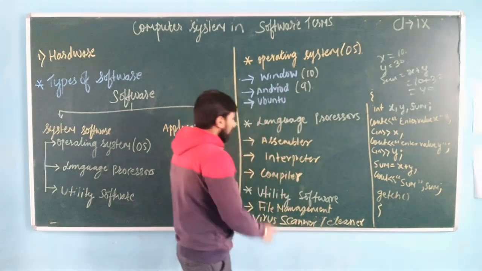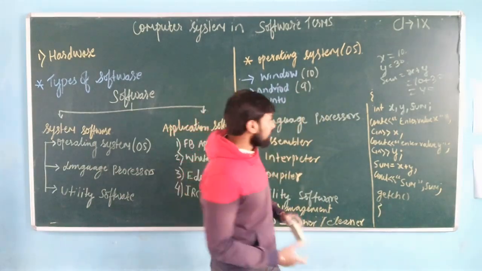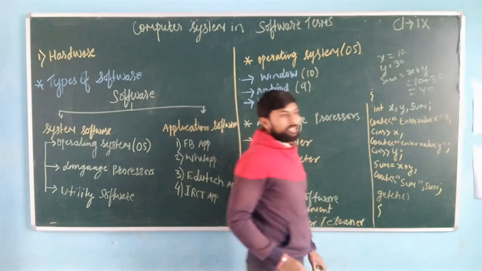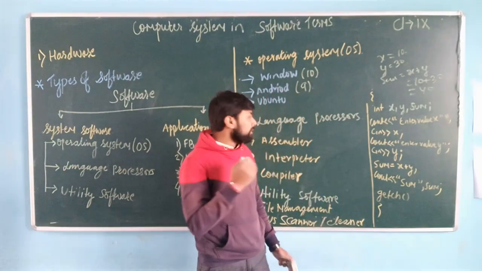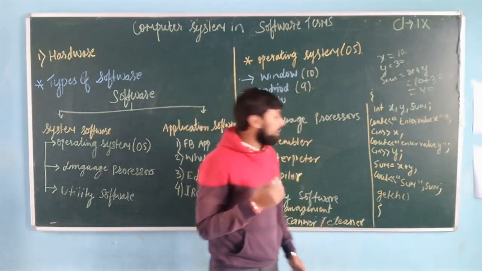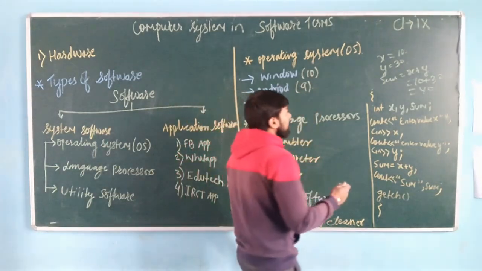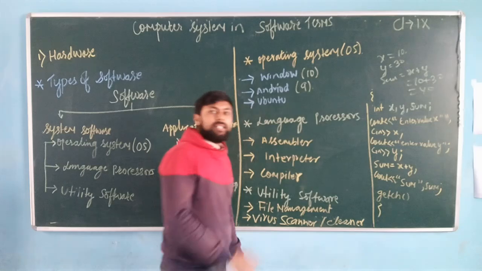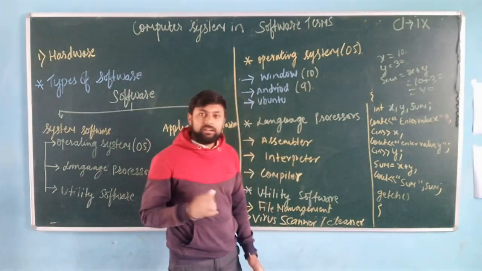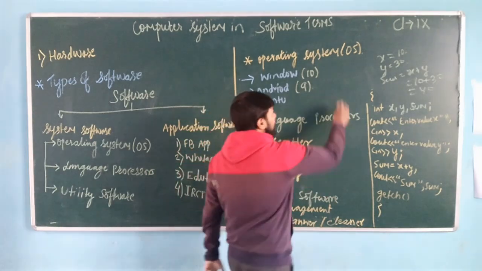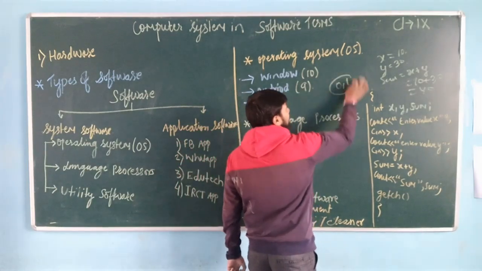Now see what the assembler function is. So this is the high level language. The A B C D, which we human beings are able to read, that is a high level language. And there is another language, that is machine level language or binary level language, which is understood only by the computer. Like 0s and 1s are binary level language.